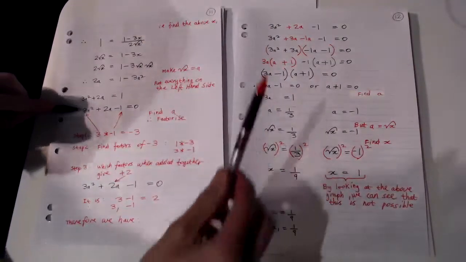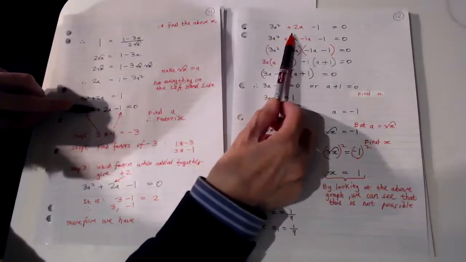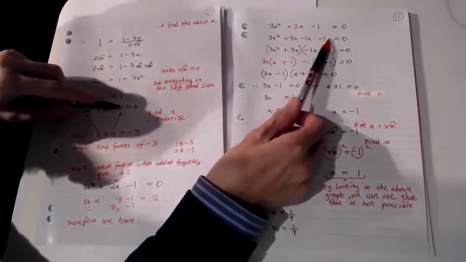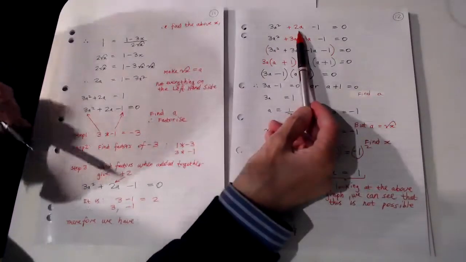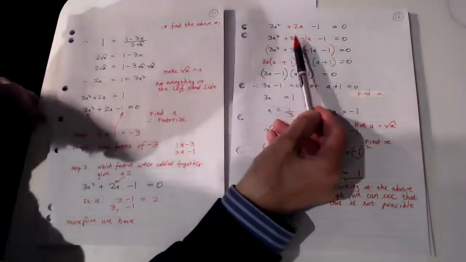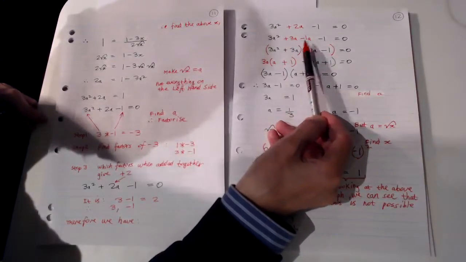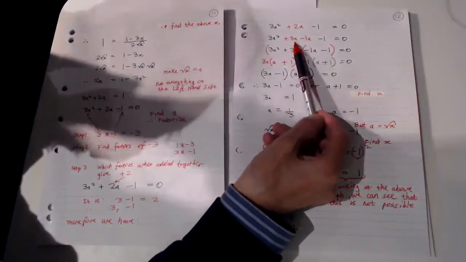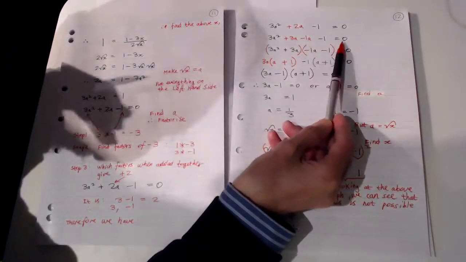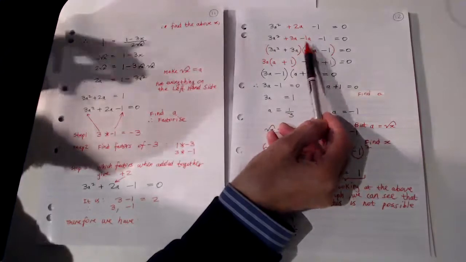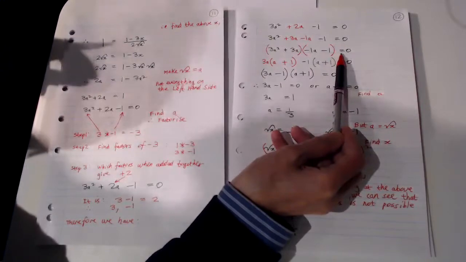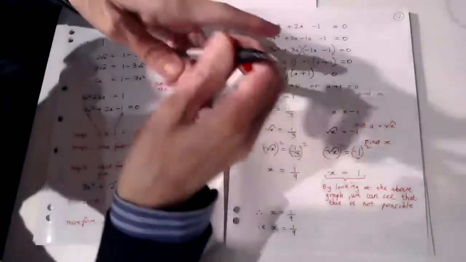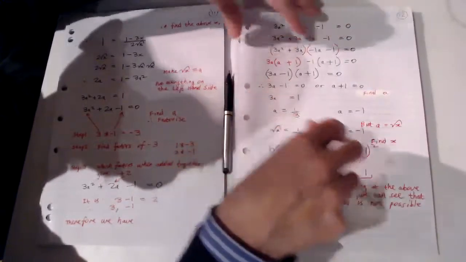We have to factorize 3a squared plus 2a minus 1 equal to 0. Because our magic numbers are 3 and -1, we replace the 2a with 3 and -1 by saying the 2a is plus 3a minus 1a. And we end up with 3a squared plus 3a minus 1a minus 1 equals 0. Because we got 4 terms, we can factorize by grouping them 2 and 2, as you can see here. And then we can take out the common factors from the